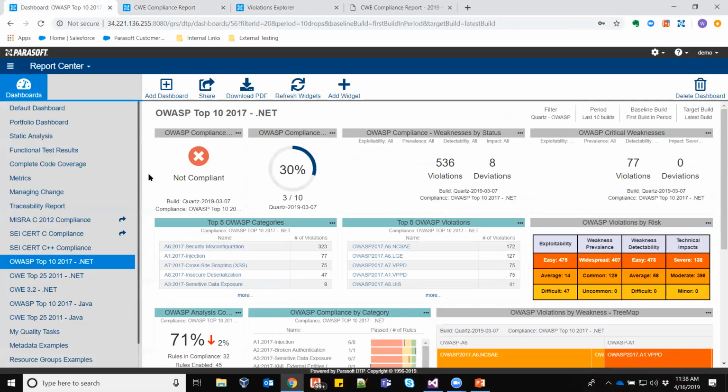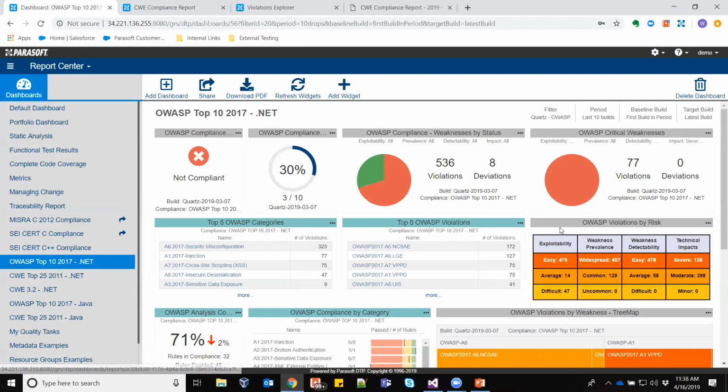Okay, so a couple of things to note about the dashboards. Wilhelm went through a quick jump into the compliance report to show you how quick it is to get an overview of where you stand with compliance against your standard. But also, if you notice here, on the right-hand side in the middle, there's a widget called the OWASP Violations by Risk.